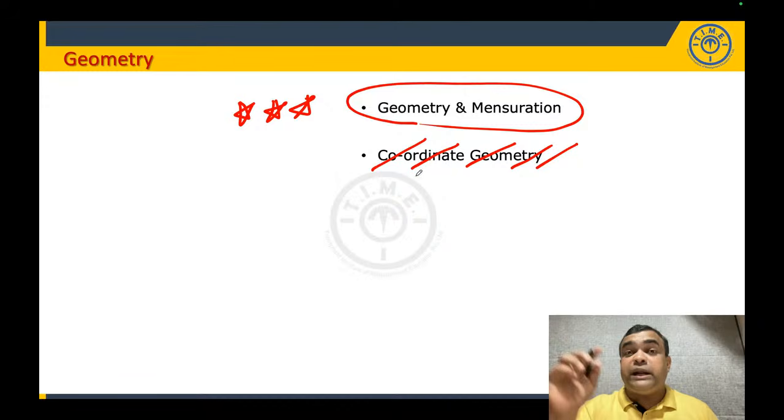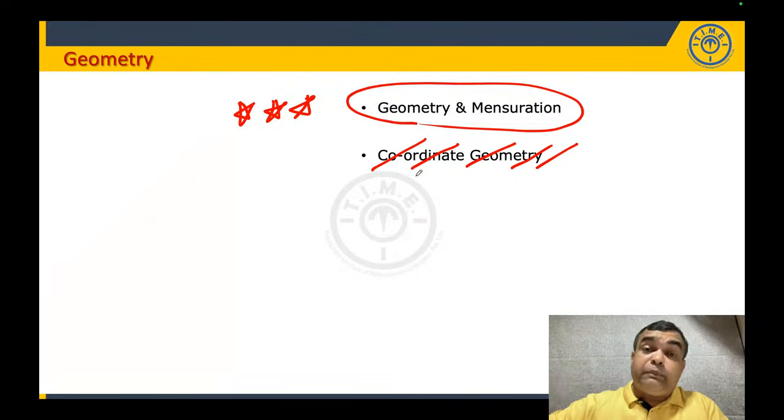In a geometry question, what comes to our mind? A diagram. Geometry means a diagram in front of you. Not a single question has a diagram given. They will narrate and ask you to draw the diagram, but no diagram is given for geometry mensuration questions. So look,